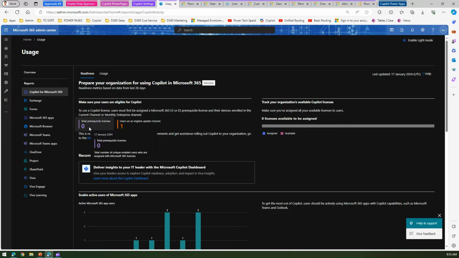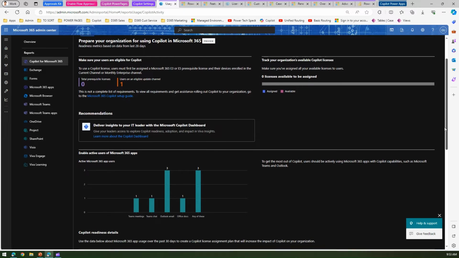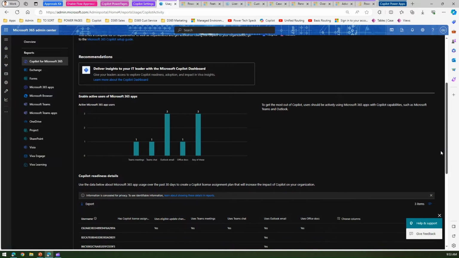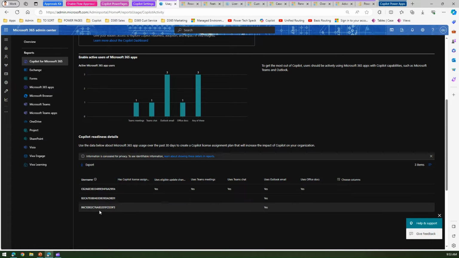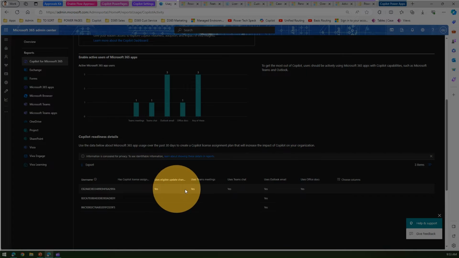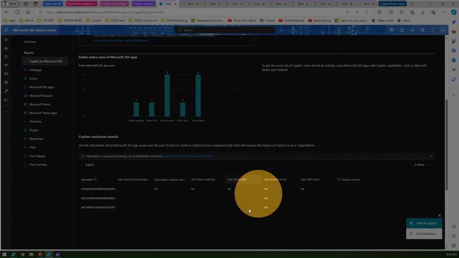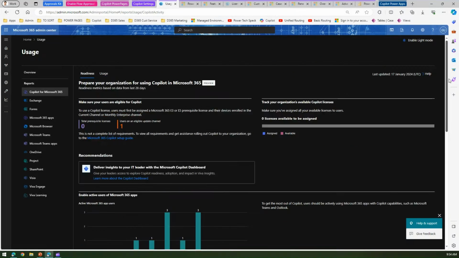It shows you total prerequisite license, users on an eligible update channel, and then it has some connection with the Copilot dashboard as well. Within Microsoft Viva Insights, you should be able to see the insights about Copilot usage. Here you can see how the Copilot readiness is faring, and then it will give you the user information. Here, user information is masked, but it will give you who is using what kind of Copilot functionality. So, this is a nice bit of visual which helps you prepare to roll out Microsoft 365 Copilot